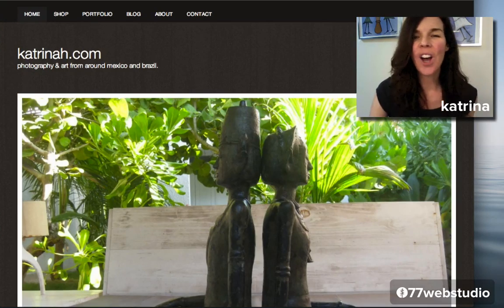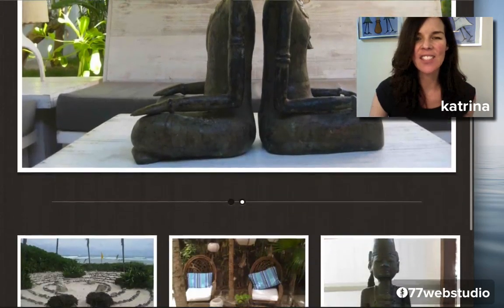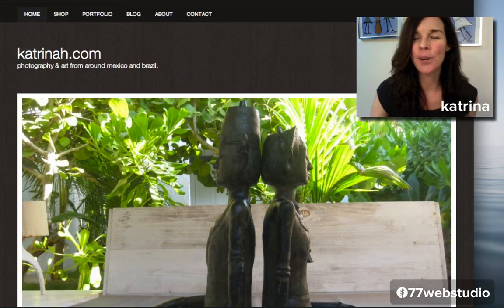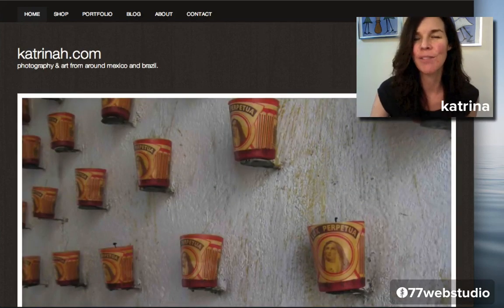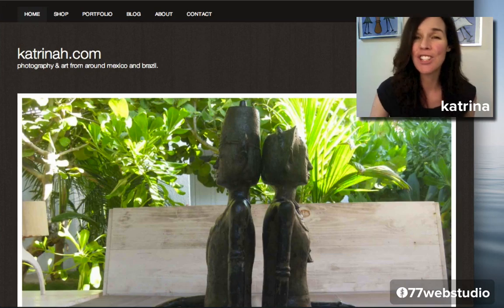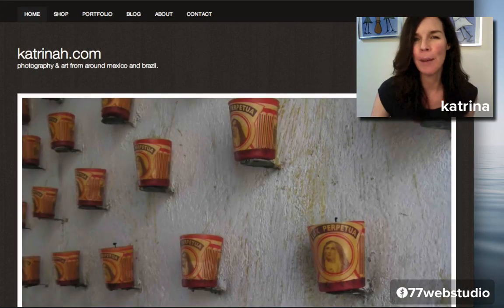So here we are on the home page of the Burrow theme. This is a premium theme from Woo Themes, and we can see that this is in general a very minimalist, very clean and modern design for any kind of business, especially perhaps any business that uses imagery to really sell your products or services. So for example, if you're a photographer, an artist, an interior designer, or if you have some kind of shop where you really want to feature images, this business theme would be a beautiful theme for your website.